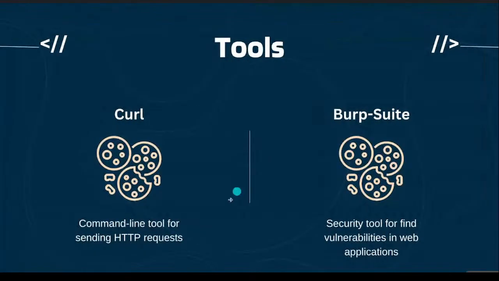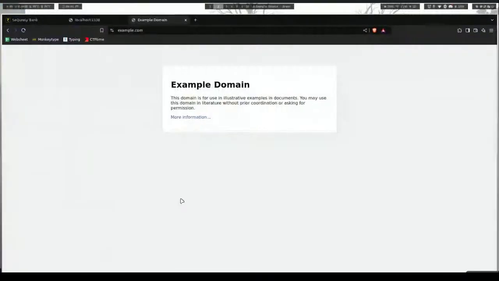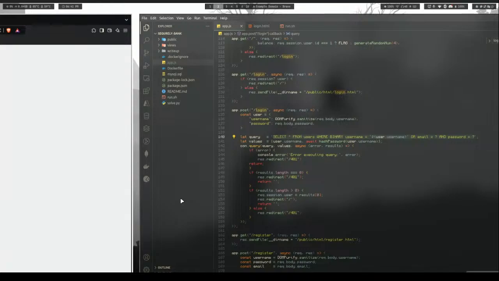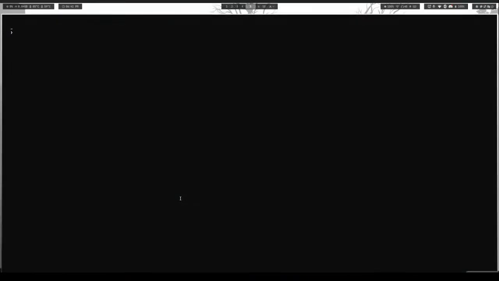So I need to send a request using the command line. Who are we? We are ethical hackers, right? Hackers do not use a GUI, right? So what do we use then? We use the terminal. So let's say you need to send a request using the terminal, not using a GUI browser or anything. What can you do? You can use something called curl, which is written CURL. You need to know it's CURL. So you can use curl to send a request to a